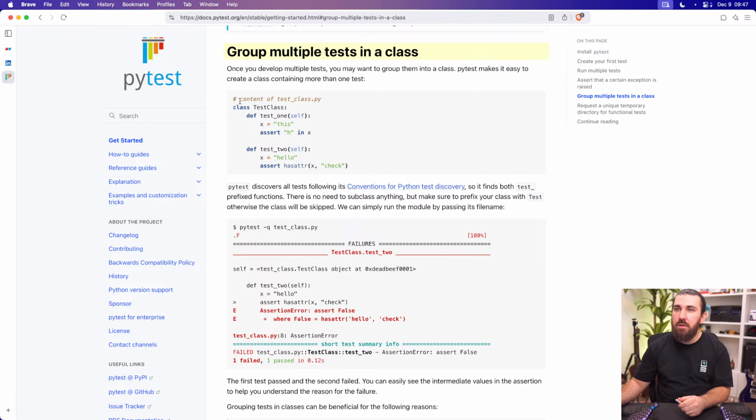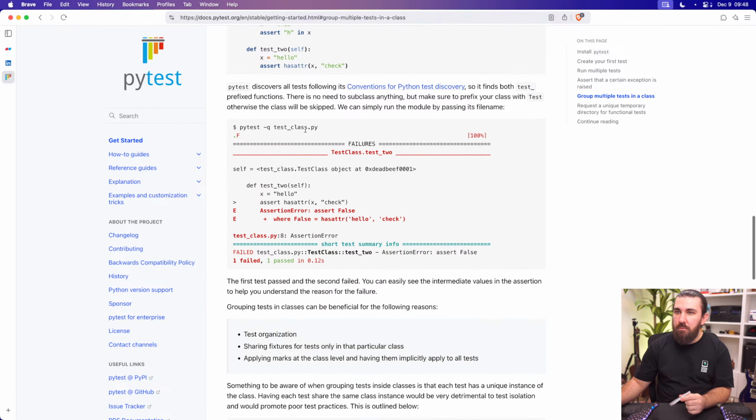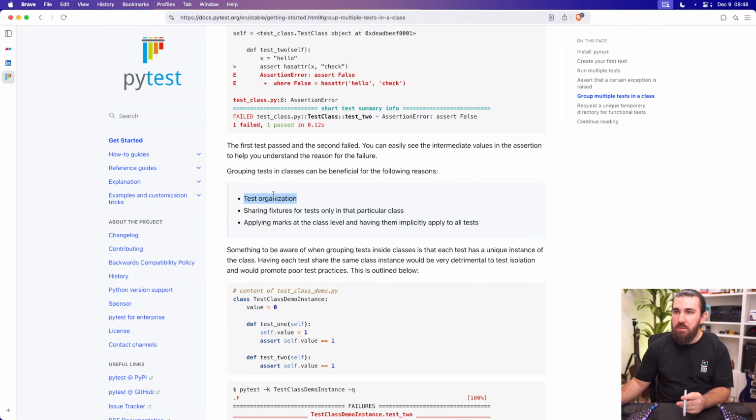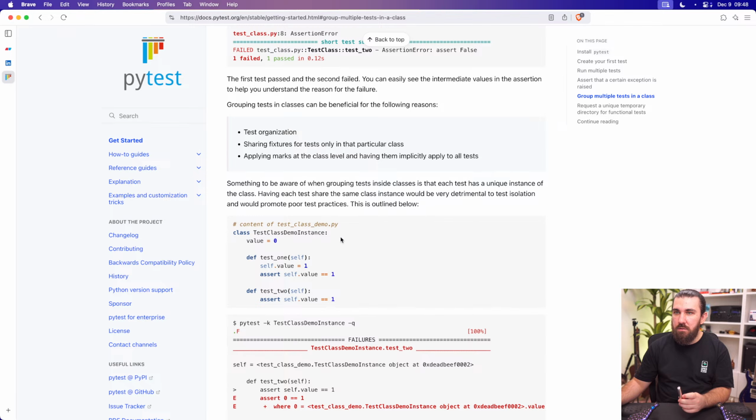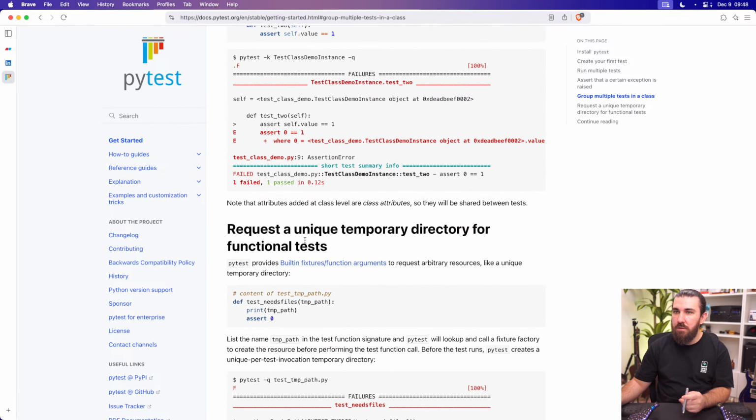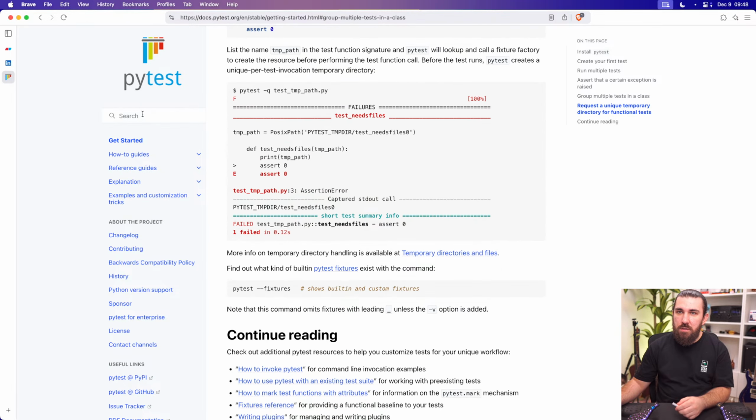Oh, cool. We can actually have a group in a class. Test organization, sharing fixtures for tests only in particular classes, applying marks. Okay, so I guess that's not it, and also sharing values. Okay. All right, so in this case,